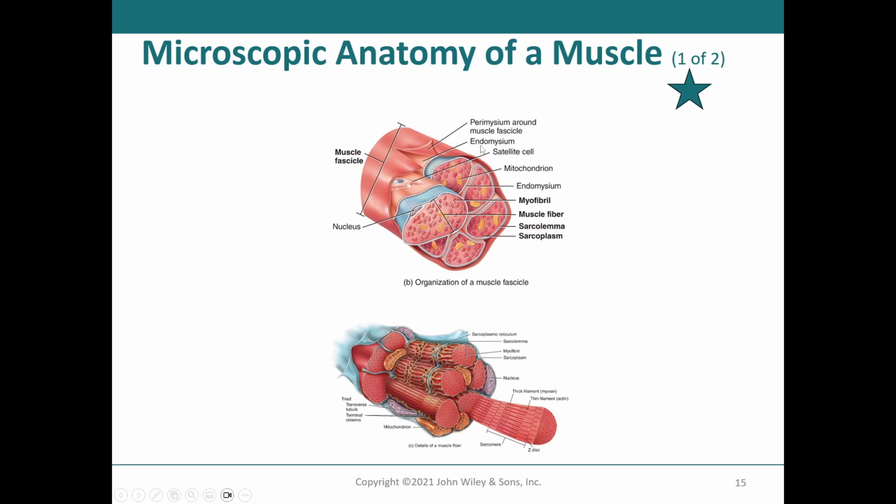We want all of them to be acting at once when we need it, so that we can get that signal out and actually use that muscle right away when we want to. And so those things are called the transverse tubules, or the T tubules,